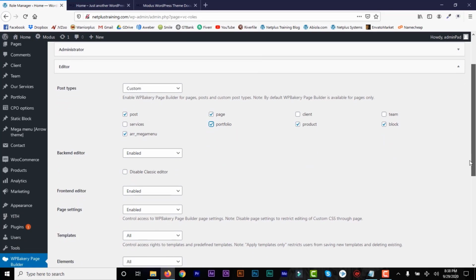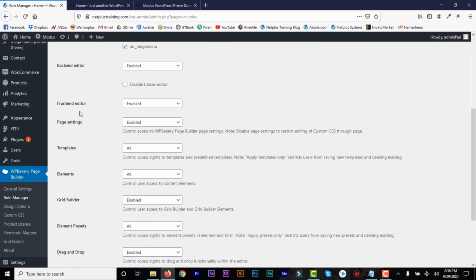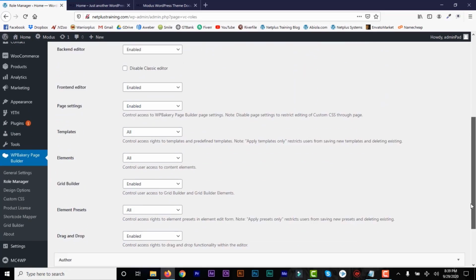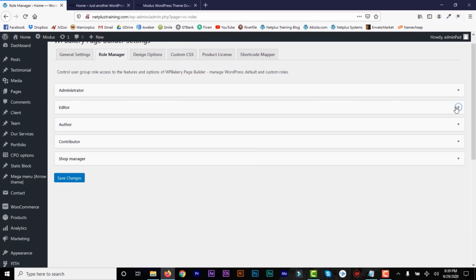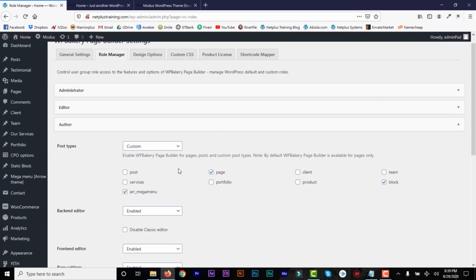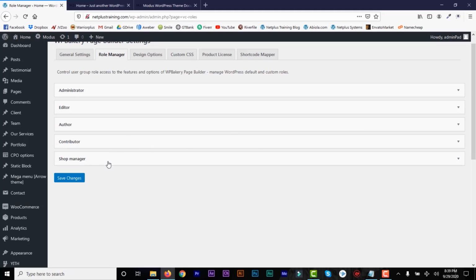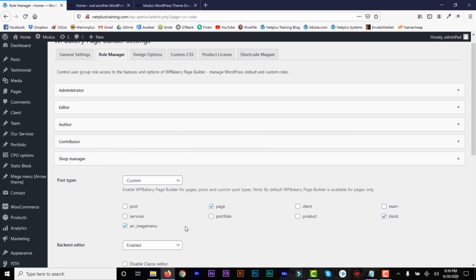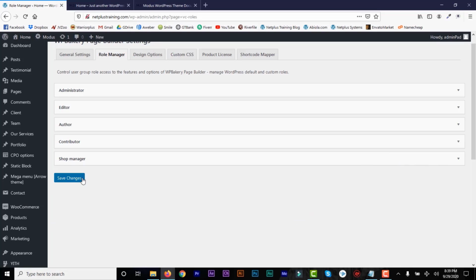Just choose wherever you want them to have access to, and once they log into the account, they will. And to create a user, there's a link also in the description on how to create users for WordPress. So you can create different users, author, editor. So go through all this, and as a shop manager, they need access to almost a major thing like product, of course, like maybe client, portfolio, services. So once you've gone through all the role managers, then you can set, and of course, make sure you add